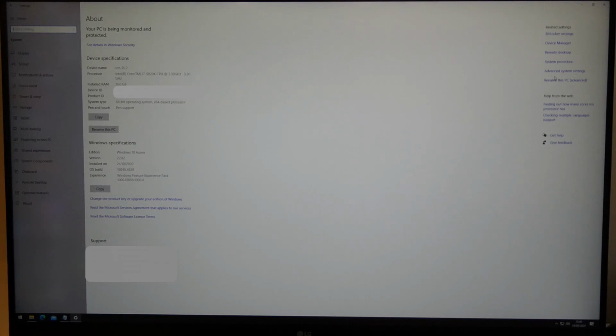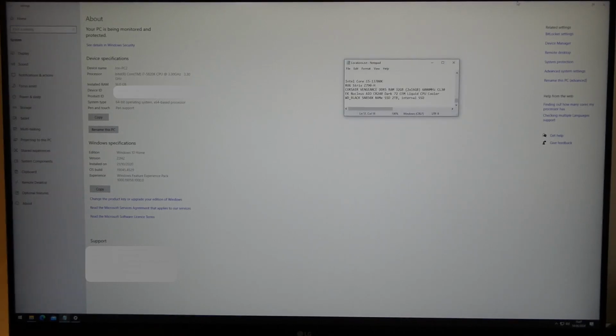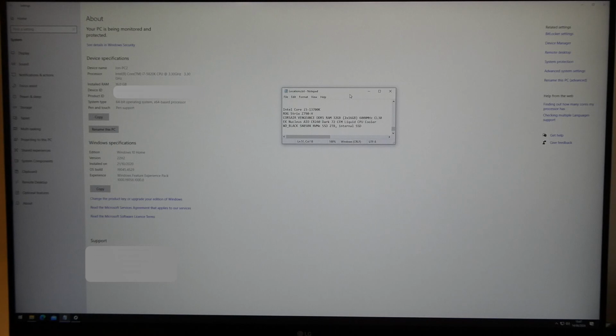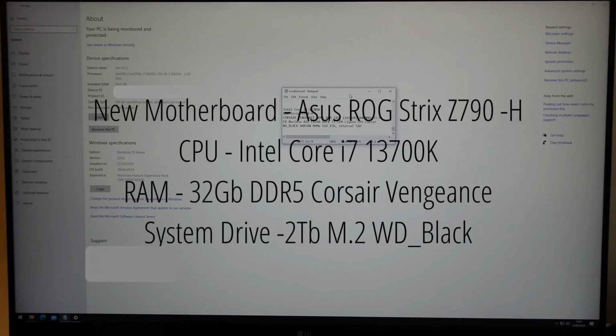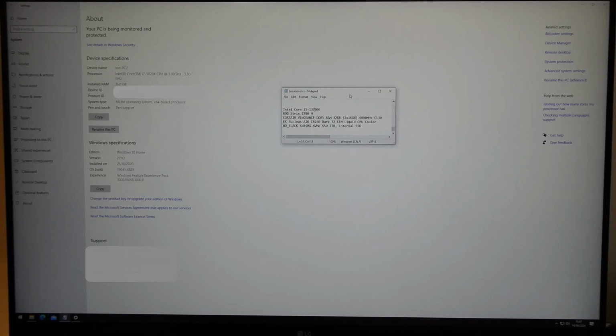So I've decided to upgrade stuff, and I'm not sure if you're going to see this, but this is what I'm going to upgrade it to. I'll just call it out. I'm going to use an Intel Core i5 13th generation 700K and a ROG Strix Z790-H motherboard with 32 gig of Corsair RAM, a new AIO, and an M.2 SSD,